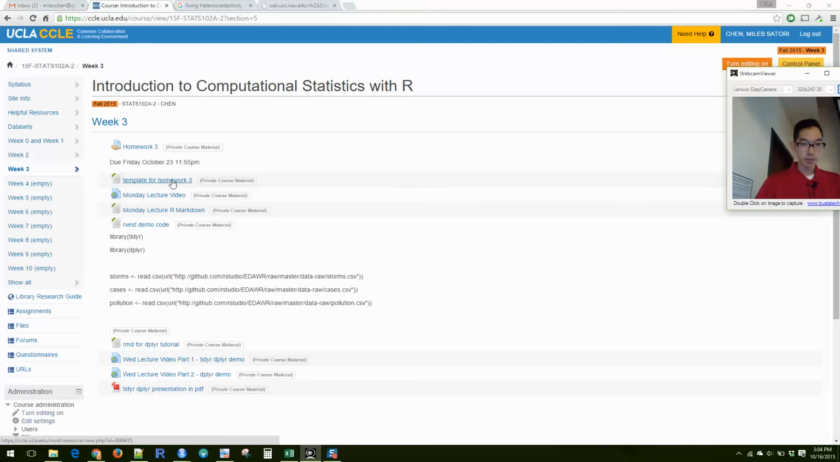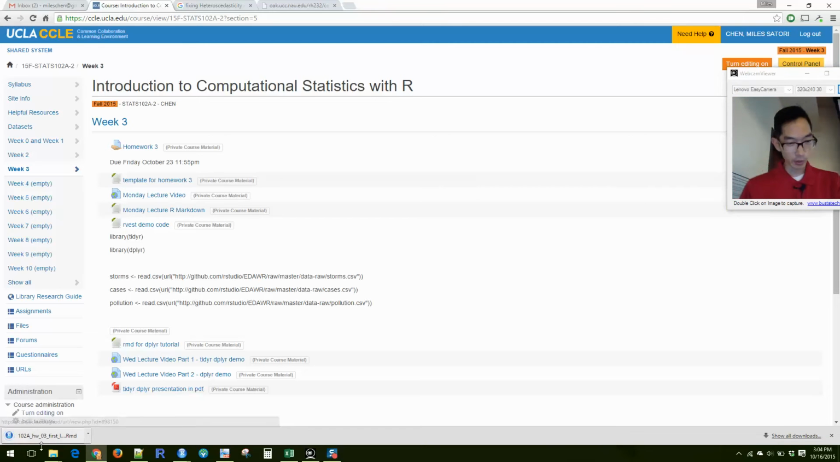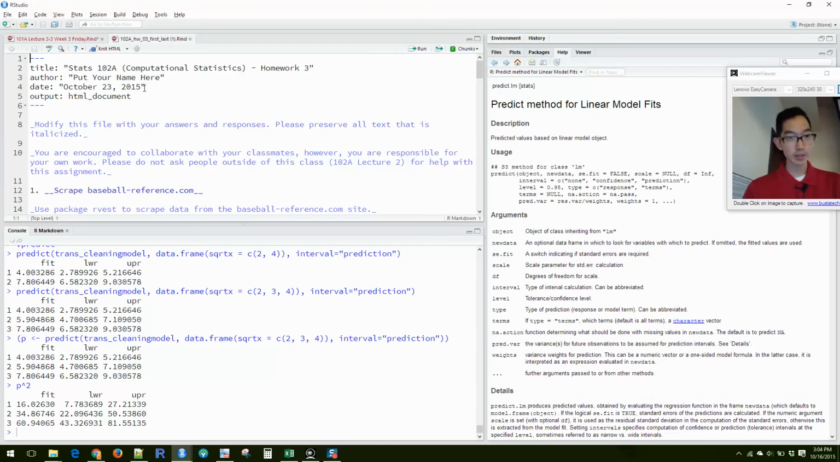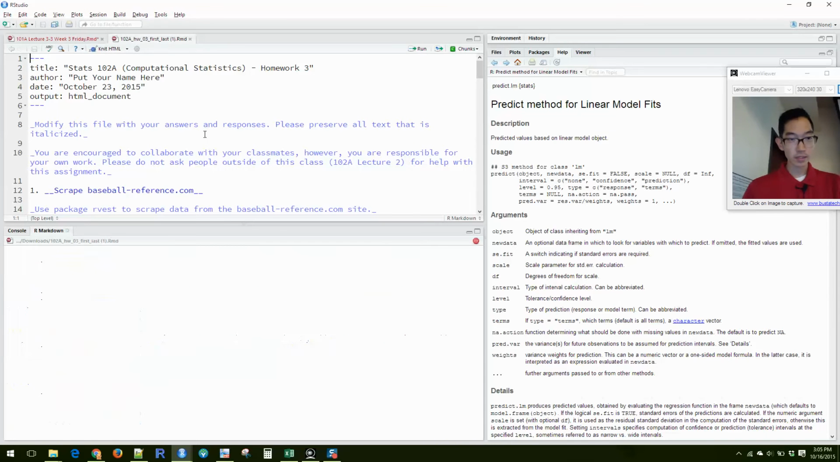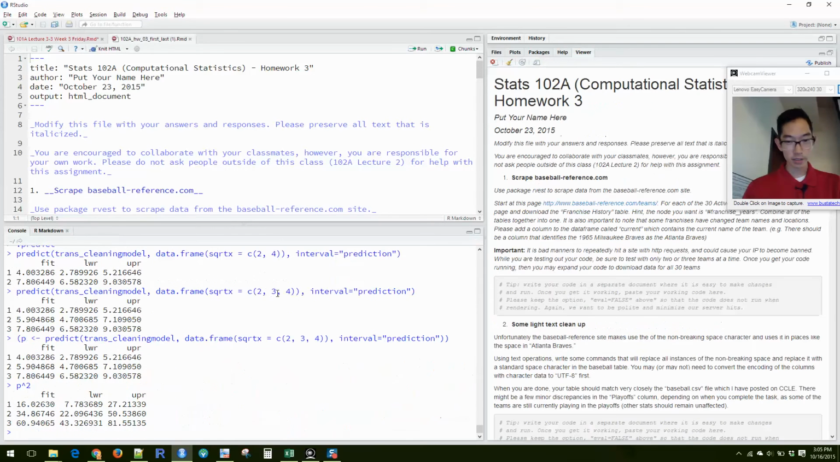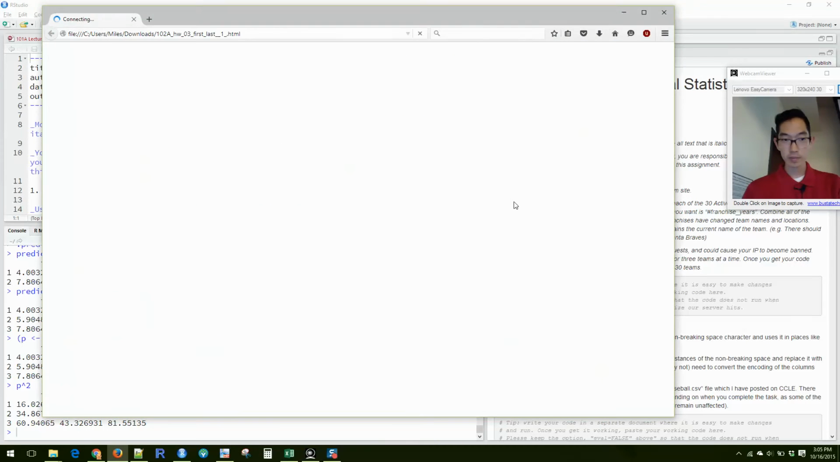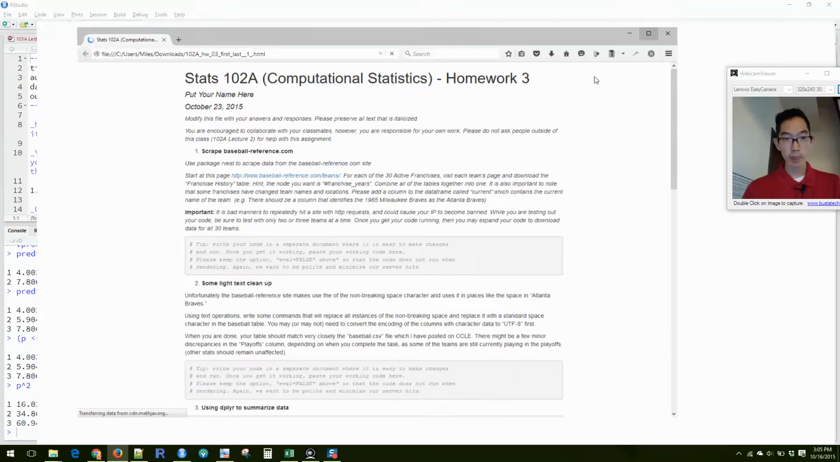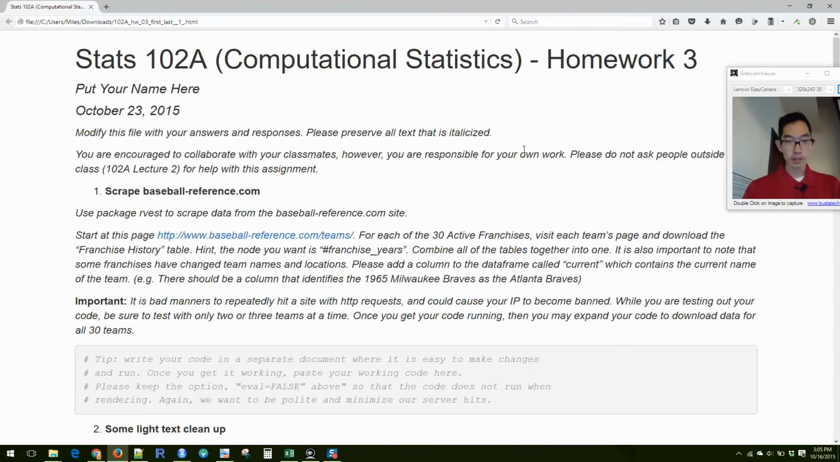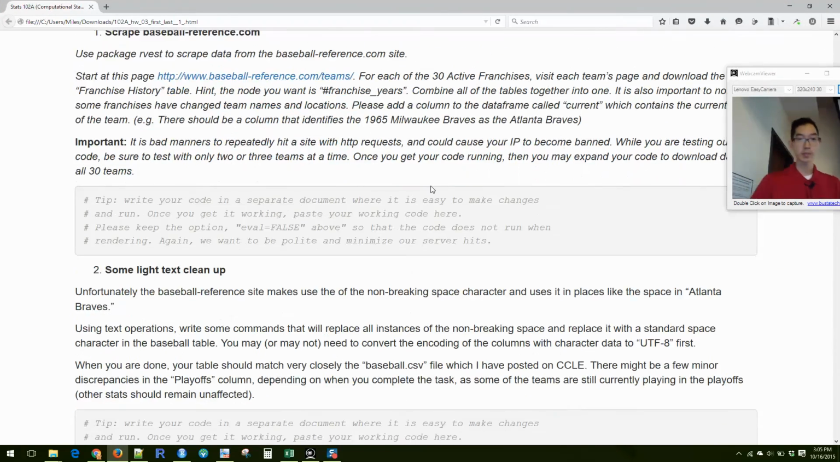Okay, so I'm going to download the template for homework 3, and we're going to try knitting this and see what happens. Okay, so it says you're supposed to go to